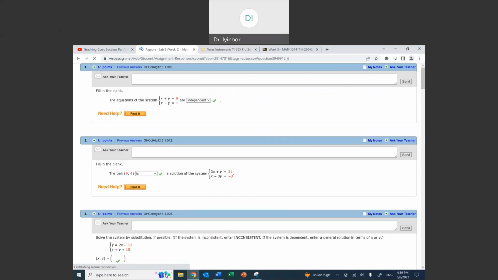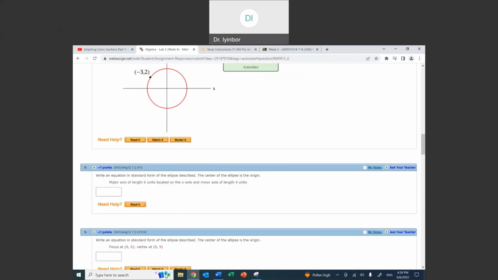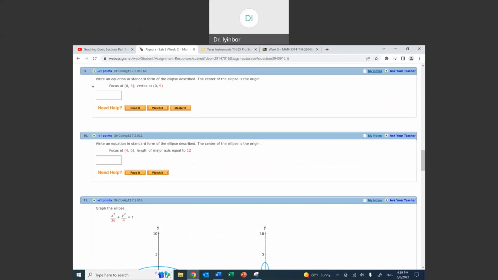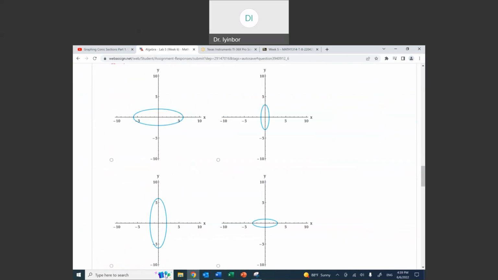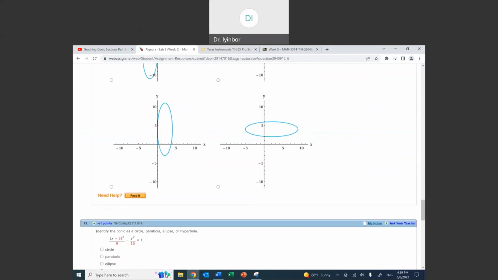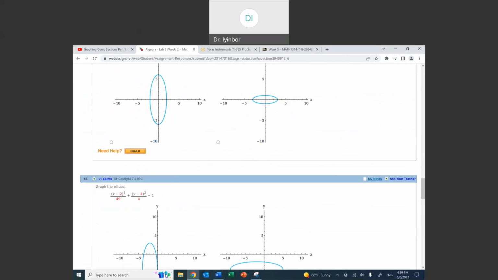Okay, so that's how you do circle. Now the next questions we have here, they're about ellipse and hyperbola. So we have like 3 questions on ellipse, or 4. So you just have to read it. If it's an ellipse, it's going to say ellipse, and the bottom one says hyperbola. So you need to read it. Okay, so starting with number